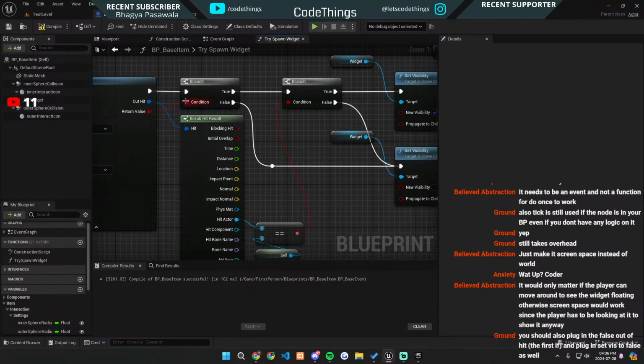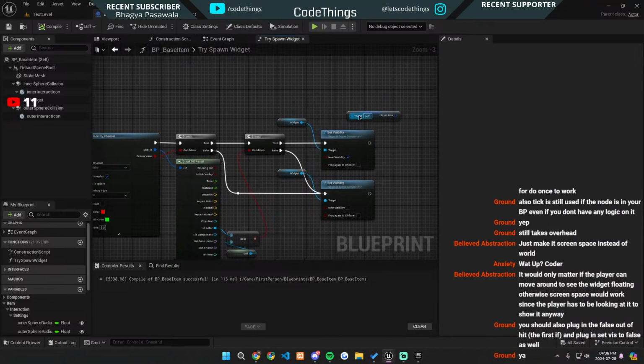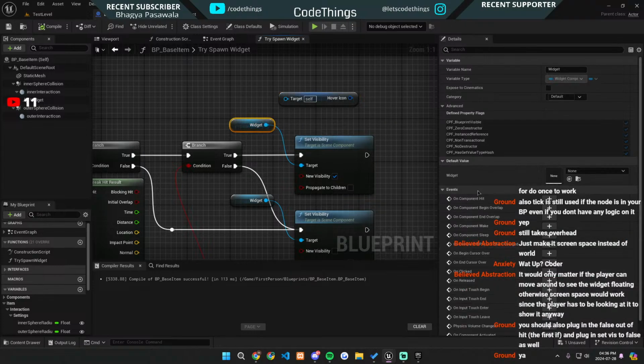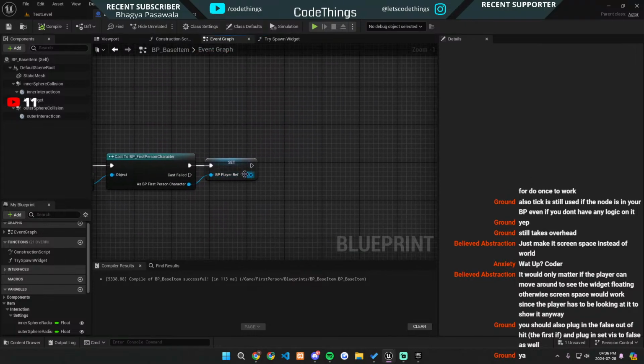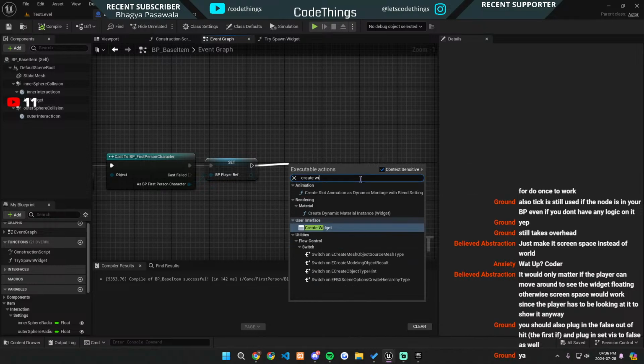So let's see. Okay, so that's all going to show. Now I don't know how to get the actual data from this widget, because I can't set it here. So do I need to actually make it in right here? What I could do is I could just create the widget, I guess, and just not show it. So like if I create widget,